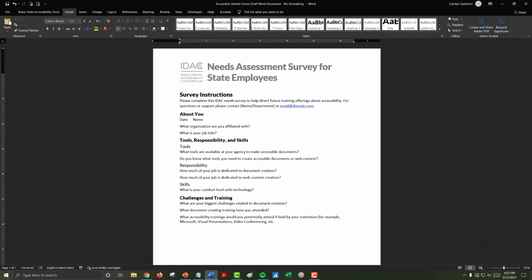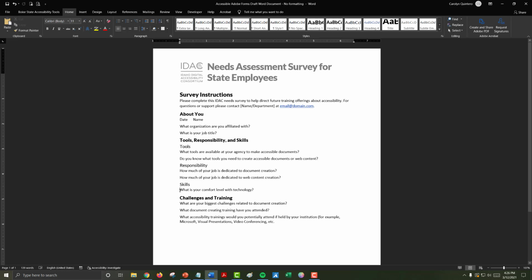Formatting your form for long or large text fields is a very similar process to formatting it for small text fields, but you'll just need to increase the size. So the main tool we're going to use for this is the paragraph spacing tool. On your document, identify the questions that you want as a large or a long text field.